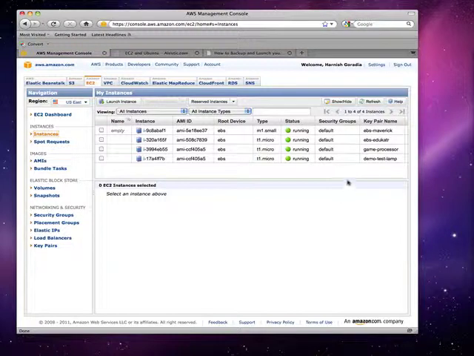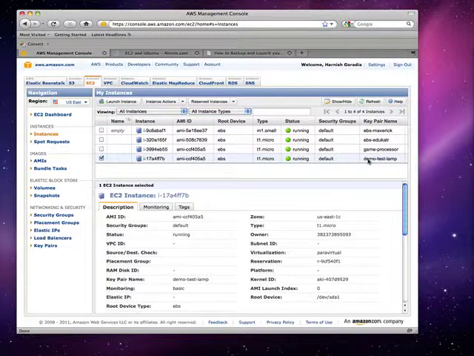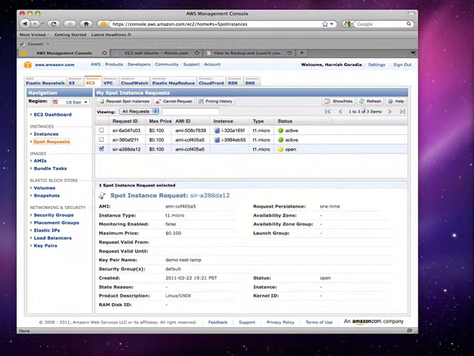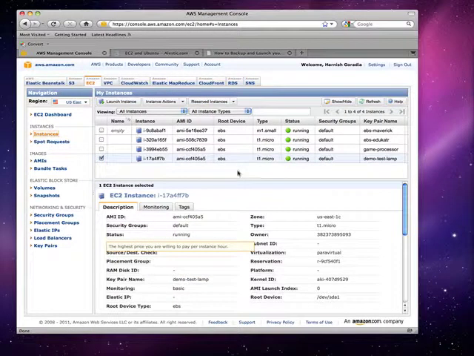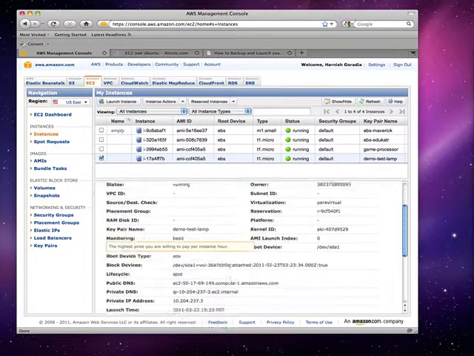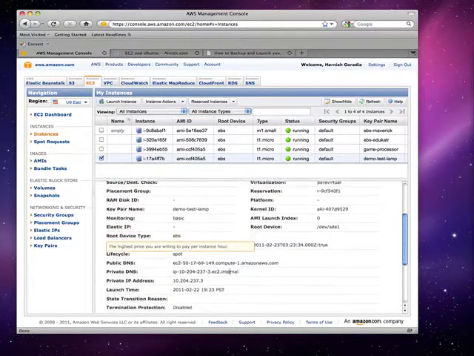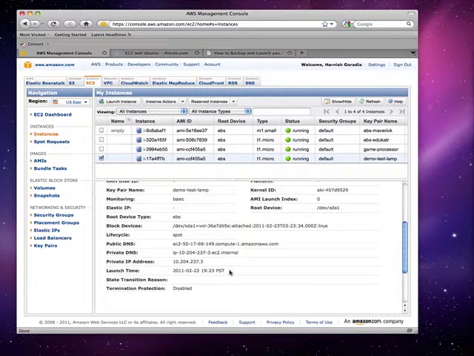Okay, we are up. Quick question: do you know if it supports IPv6? I don't think so. Not yet. We'll see in a second. So the machine is up, and the way to know it is I can refresh here. All three are active. This was the last one, right? And this is the key pair, demo test lamp, that I spawned it on. Do you see any IPv6 here? I don't see it, so no, it's not.